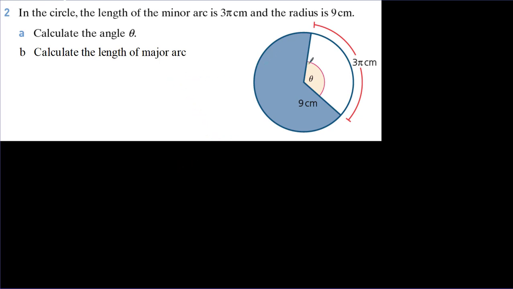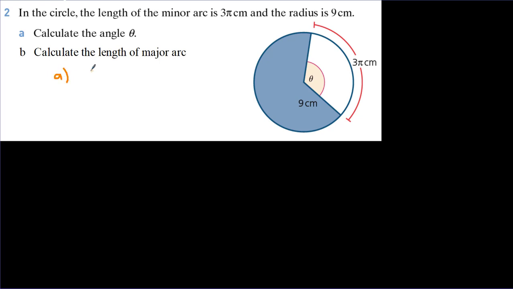For that one, we need to know firstly this angle. Then we are going to subtract and we are going to find it. Or I can calculate the whole circumference. Then I'm going to subtract the 3 pi length. Let's see firstly in the circle the length of the minor arc is 3 pi centimeter and the radius is 9 centimeter, which means the formula for the arc length